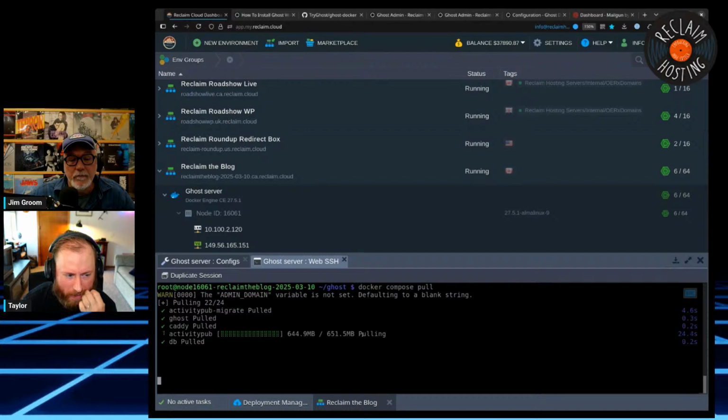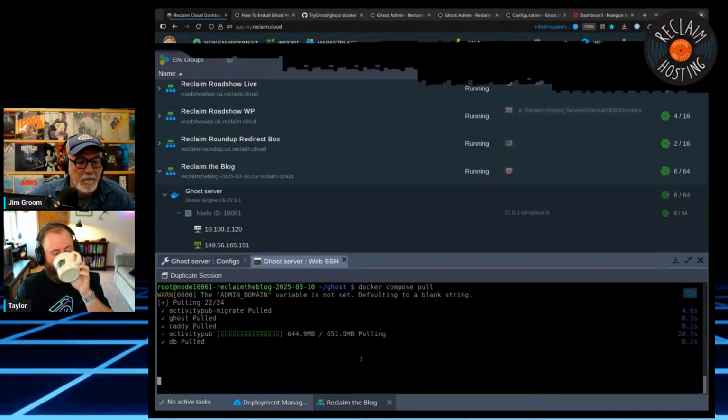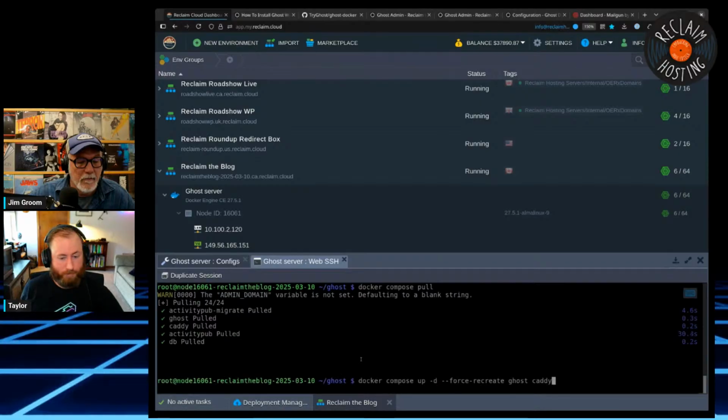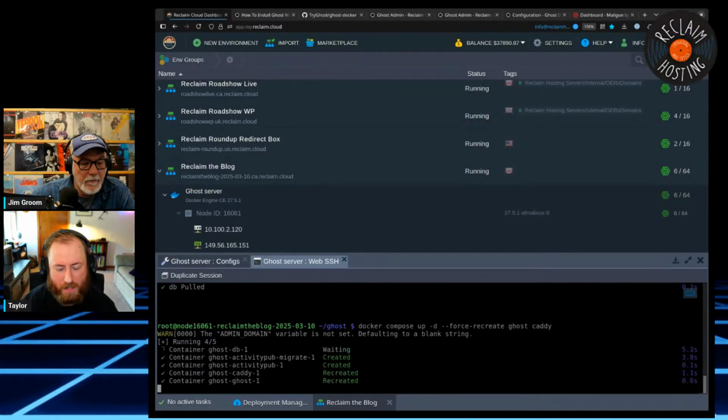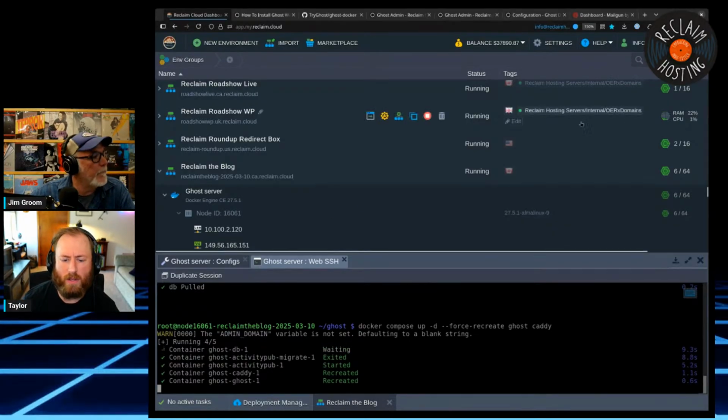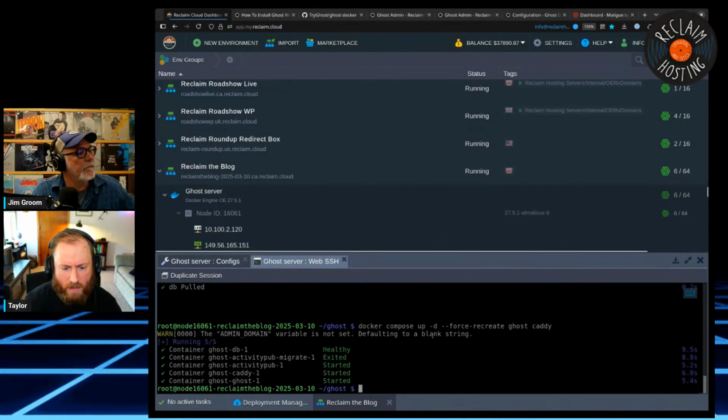I think it's a pretty lightweight service. So yeah, I betcha. There it is. Docker compose up with force recreate Ghost Caddy. Let's do it. I would expect when it's restarting things that our blog's probably still down.